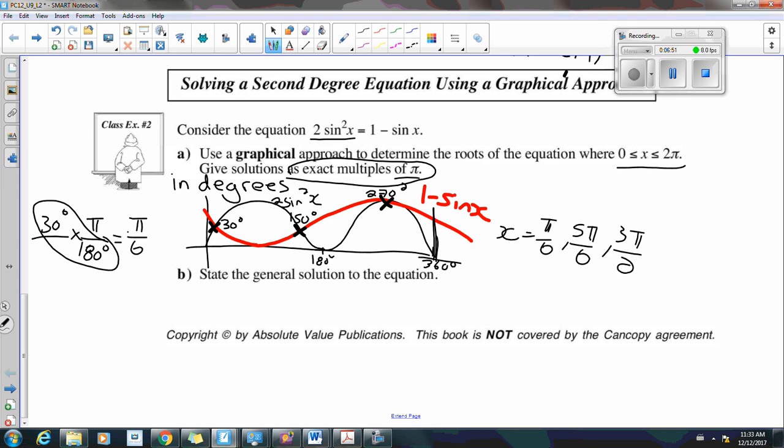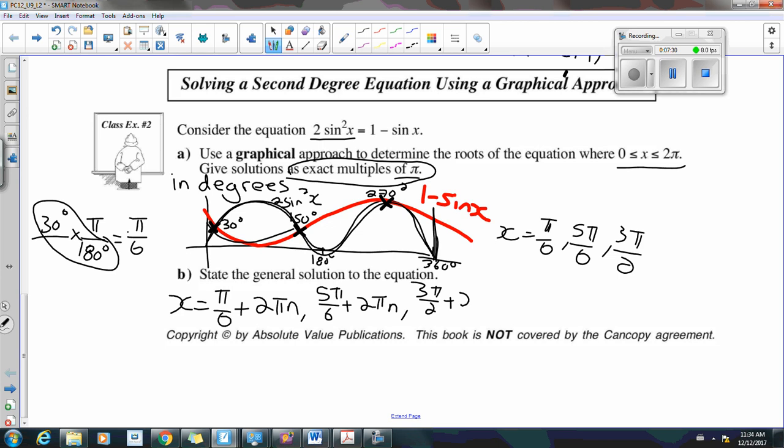The general solution, well, we see here that this graph goes here. It looks like it, combined with this graph, has a period of 2 pi. So these are happening every 2 pi, or 360 degrees. So our general solution will be x equals pi over 6 plus 2 pi n, 5 pi over 6 plus 2 pi n, and 3 pi over 2 plus 2 pi n,